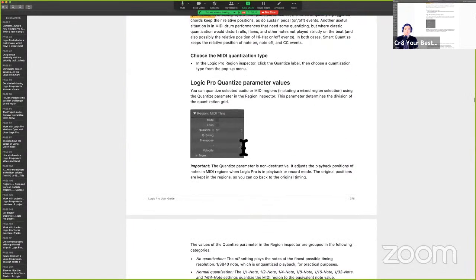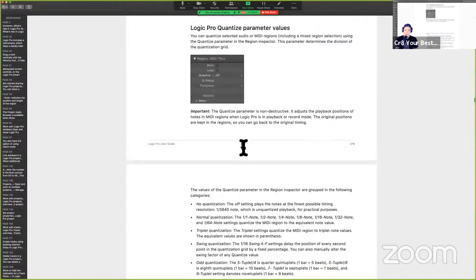Let's go into the actual quantize parameters. Okay, so now we understand that there's two quantization methods. And now we're going to look at the actual parameters. So we know this is non-destructive, right? It adjusts the playback, but it's not necessarily embedding the information. The original positions are kept in the regions. So this is where the information is kept, embedded in the MIDI, in the region or audio region, you understand what I'm saying. The original positions are kept in the region,